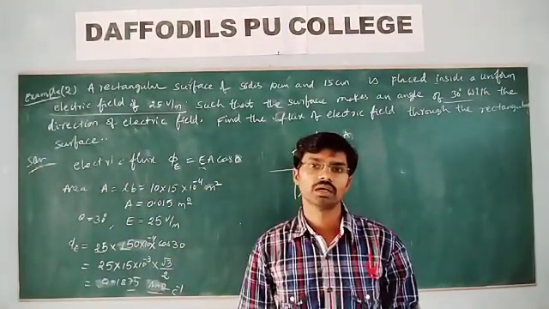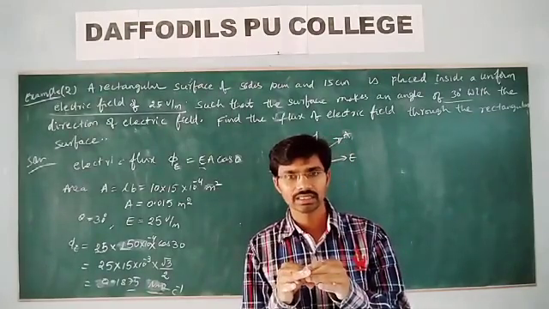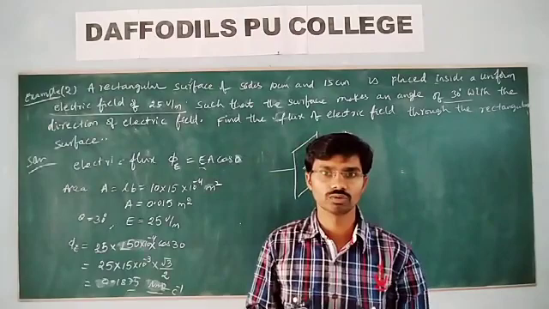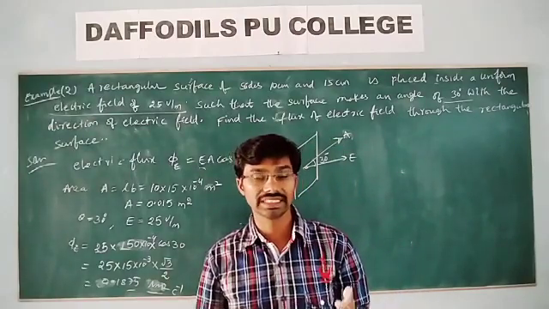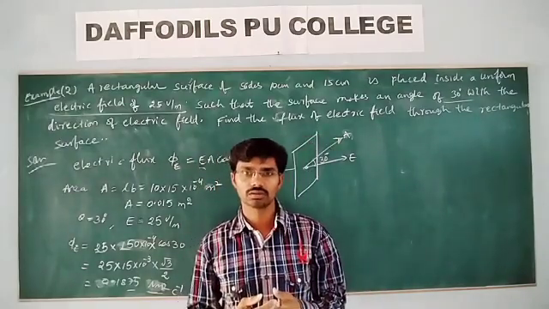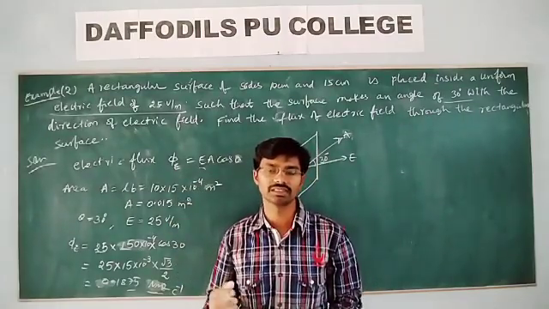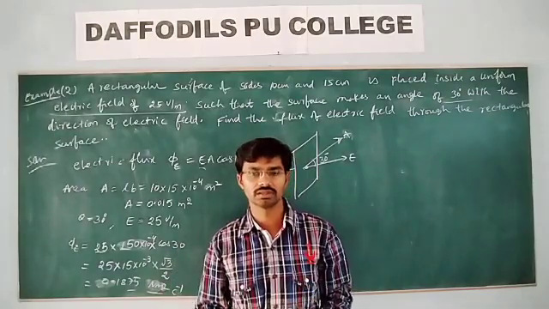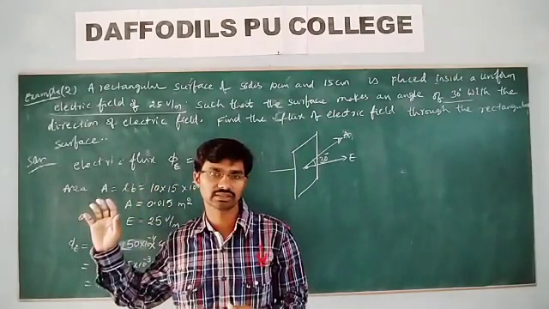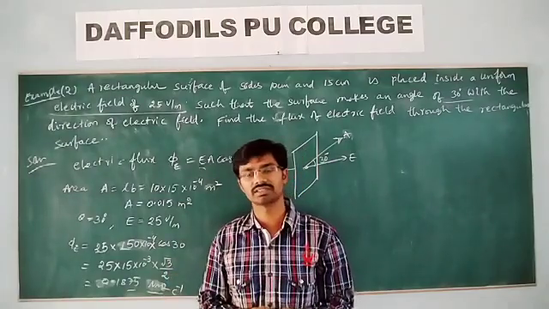So we have discussed the electric field due to a rod, a ring and a disc, even for a solid sphere outside and inside, a spherical shell inside and outside, and a plane sheet. Due to a plane sheet, what is the electric field? Sigma by 2 epsilon naught. Based on this, we have seen some examples. In the next class, we will discuss some more examples based on electric charges and fields. You just have to work out whatever we have discussed in these classes, so that you can understand easily and solve the problems based on charges and fields easily.